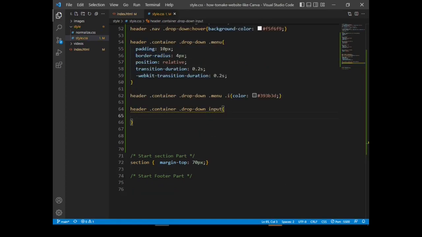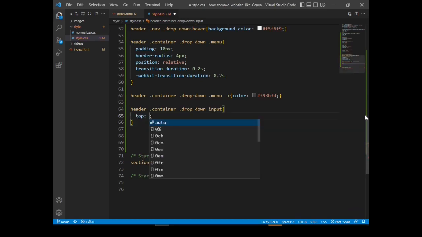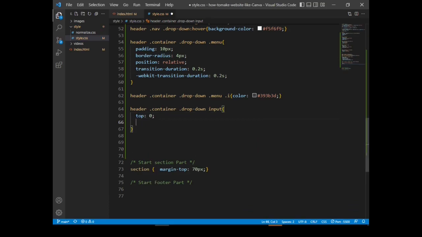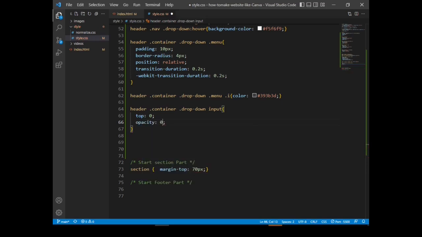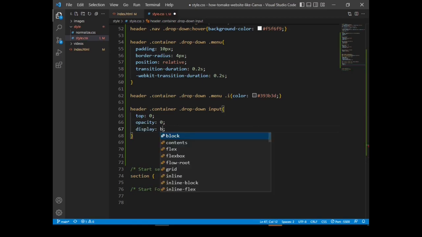Okay, now for the input, let's set the top to 0. Below the input, let me set the opacity to 0. Display, we set it to block.